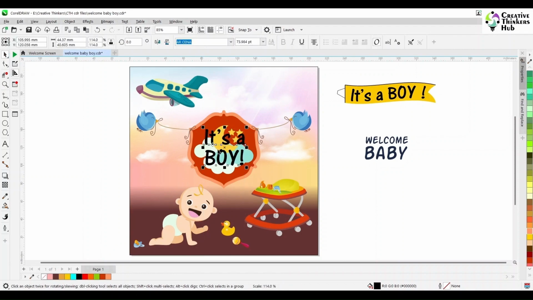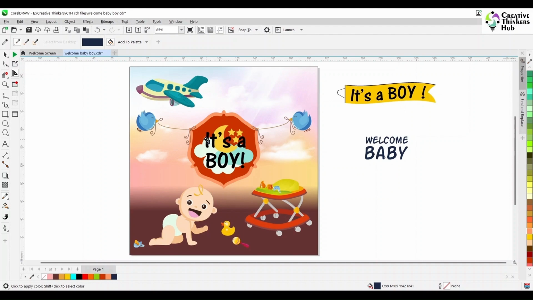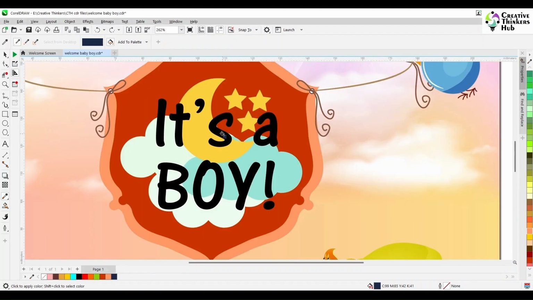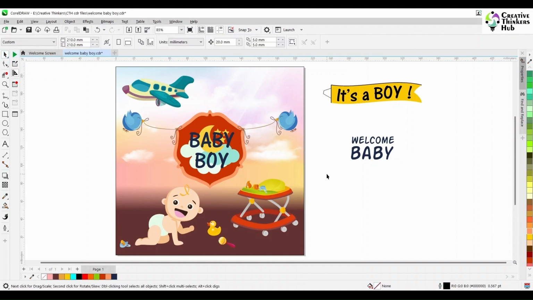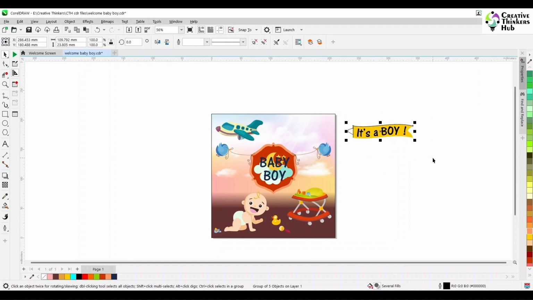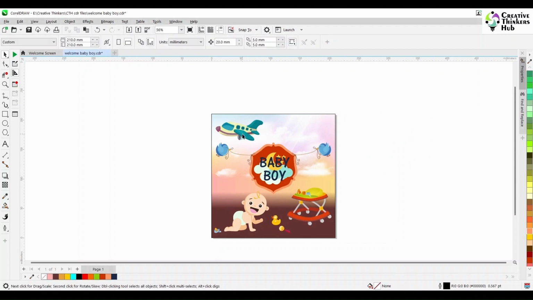How does it look? No, now let's take the same blue color. Yeah, no, it looks weak. Let's make it capital. It's a boy. No, baby boy. Yeah, that's good. Let's write baby boy. Okay, so baby boy is done. So we know the Twitter birds are announcing that it's a baby boy. Okay, and let's keep him on the side and let's keep our main thing right on